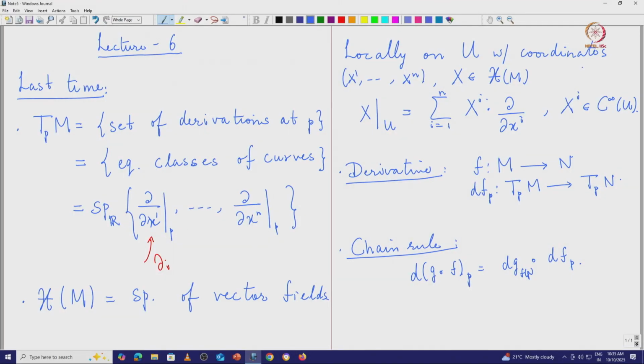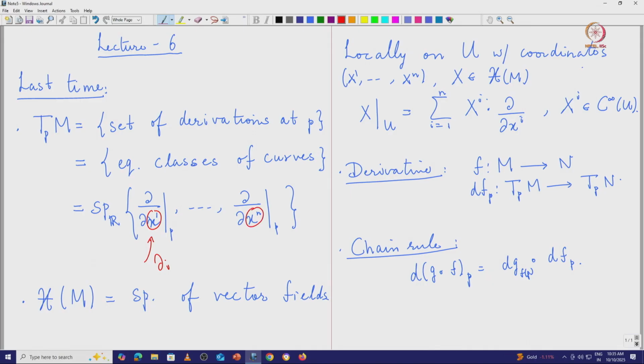So we formalize this by defining an equivalence relation on the class of curves passing through this point P, and then you can define the tangent space as the equivalence classes of curves passing through P. And it turns out that the tangent space is an n-dimensional vector space. If x1 up to xn are local coordinates,